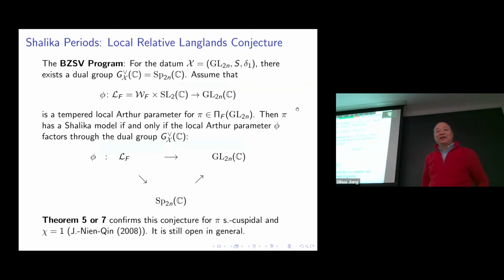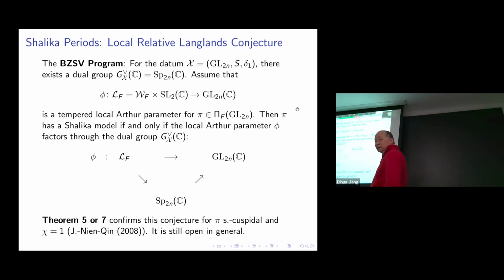Okay. So now let's explain this in terms of BZSB. So you have GL2, the data, right? You can call it the spherical variety or the data, like a triple or quadruple, and then you have a dual group attached, right? And so for tempered as a parameter, and then the Shalika period, well, if and only if the Langlands parameter will factor through this symplectic,